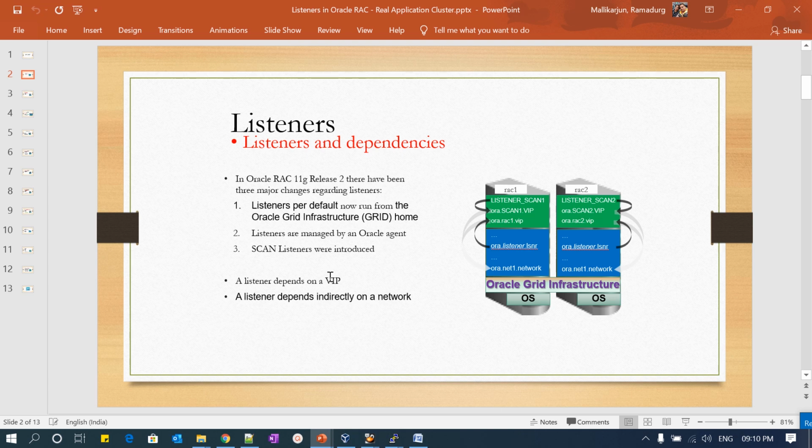So this is all about the listeners and their dependencies, like scan listeners, local listeners, and grid listeners: they are always configured on VIPs, and indirectly depend upon the network of that particular node. And what are the changes in 11g R2? In 11g R2, they introduced scan listeners.